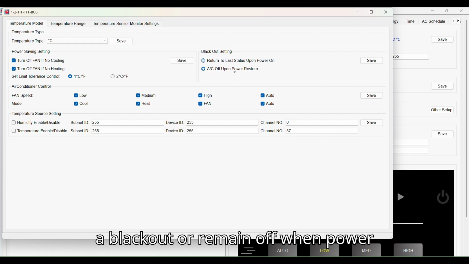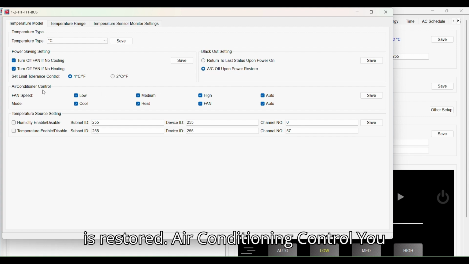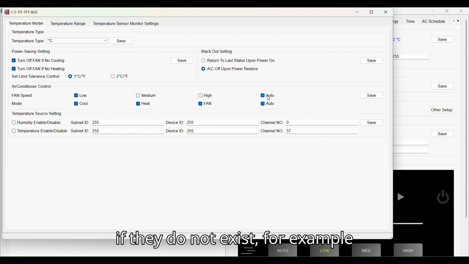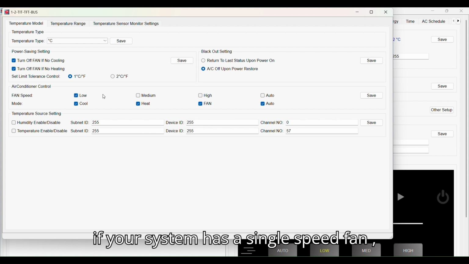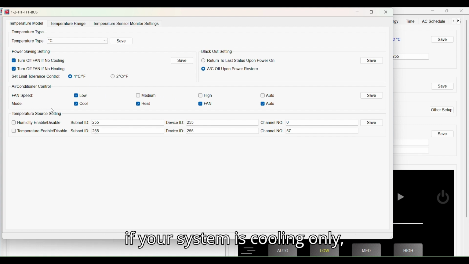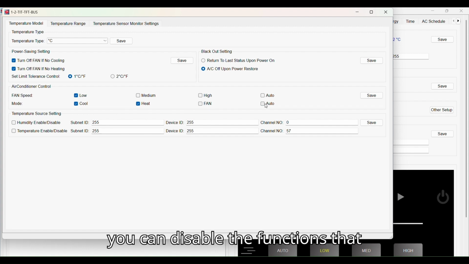when power is restored. Air conditioning control. You can enable or disable specific fan speeds if they do not exist. For example, if your system has a single speed fan, you can disable other speeds. Likewise, if your system is cooling only, heating only, or just a damper, you can disable the functions that are